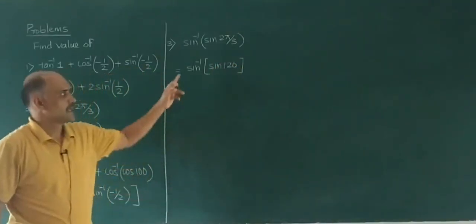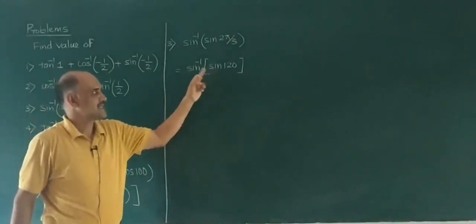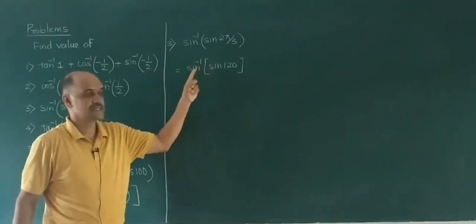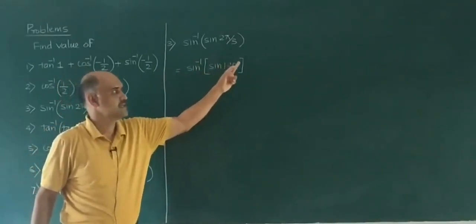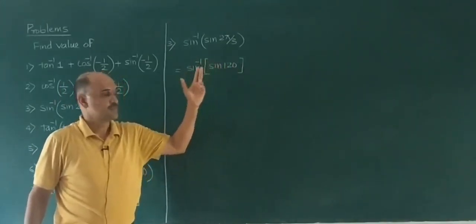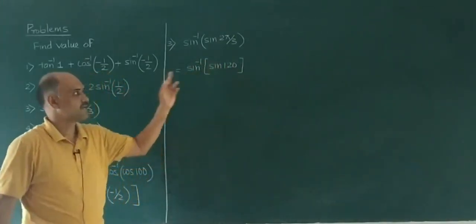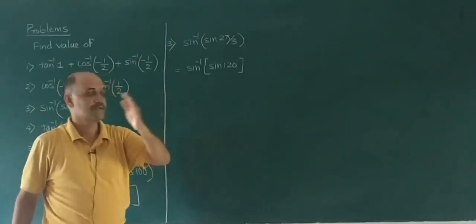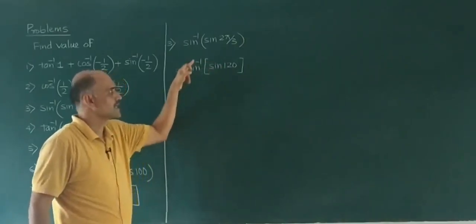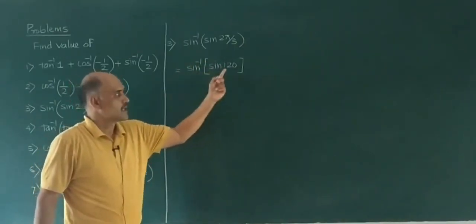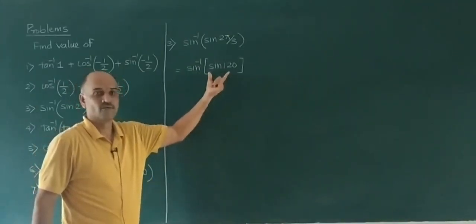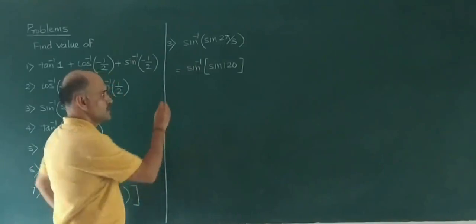Now directly you cannot cancel these 2. In the last video I told that you can cancel these 2 when this is the principal value. Now it is an angle. So the principal value in terms of angle for sin is from minus 90 to plus 90. Means if it is less than 90, directly you can cancel. Now it is greater than 90. So you use allied angles formulas and simplify.